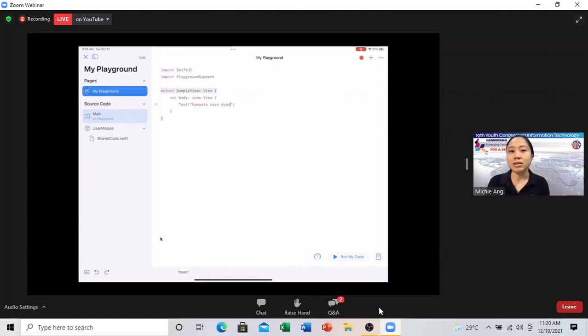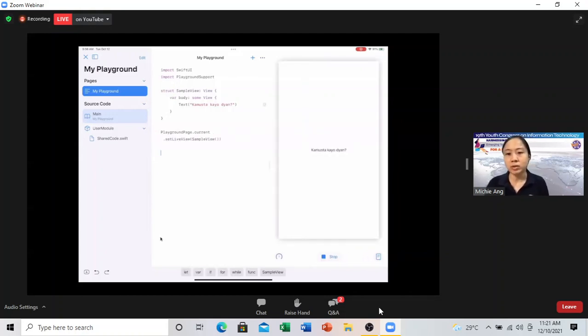Example, naglagay ako ng text dito. Kamusta na kayo dyan? Right? Kasi kanina pa tayo, di ba? Yan. And then from there, paano natin makikita yung actual effect? So here, we're using the PlaygroundPage from the PlaygroundSupport, and then we're accessing it, and then we're passing the sample view to the setLiveView, and we click on the run my code button, and then it's actually superimposed in